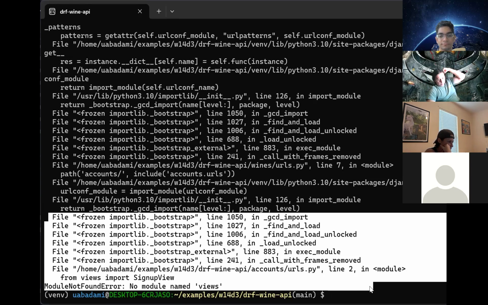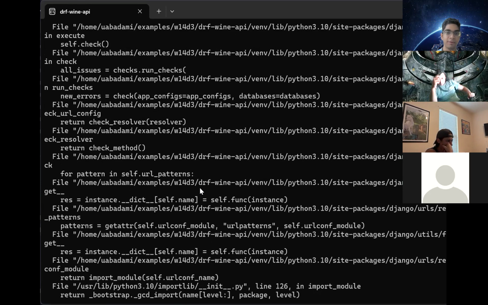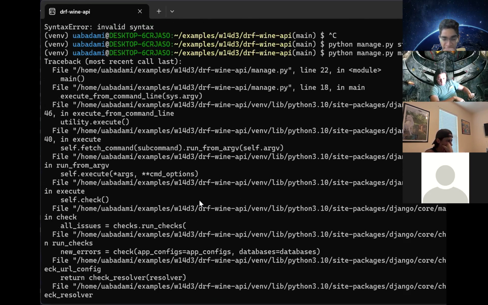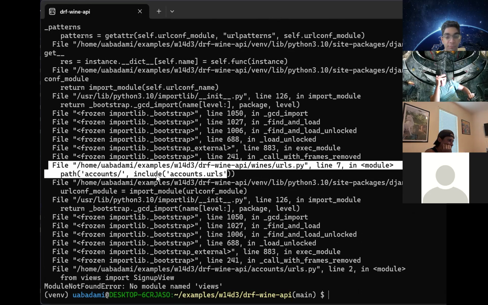It's not seeing your views in the app folder, I think. Okay, so which file do I need to go to that contains the error? urls.py. Thank you. So Django will often show you just a cascade of errors. Now, these are all relevant in the chain, but usually what you want to look for is the error that links to something in your files. So forgetting all this stuff with importing lib bootstrap, because these are not files that you created. What we do want to look at is this one right here, where we're referencing accounts urls,